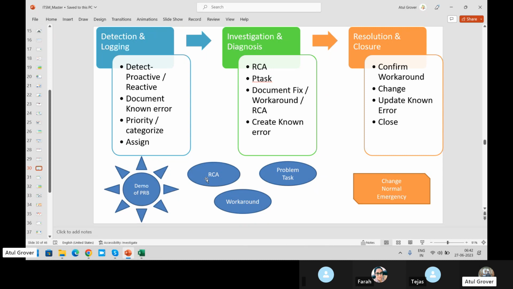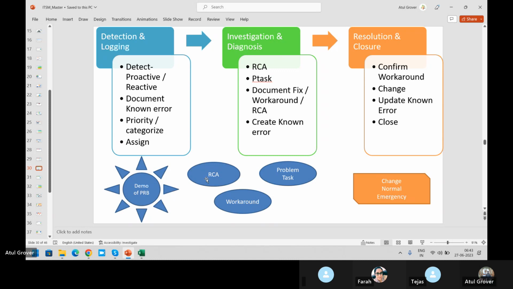Say I'm assigning this problem to the database team because they are the first to detect it. I say, okay, accountability is with you, but if you need any help from the server team, the network team, or the router team, please raise a task and assign it to them. But ultimately you are responsible for making sure the end-to-end life cycle or process is followed for this particular problem record.